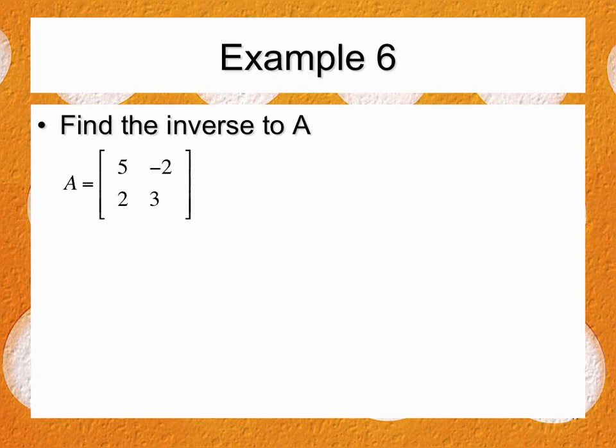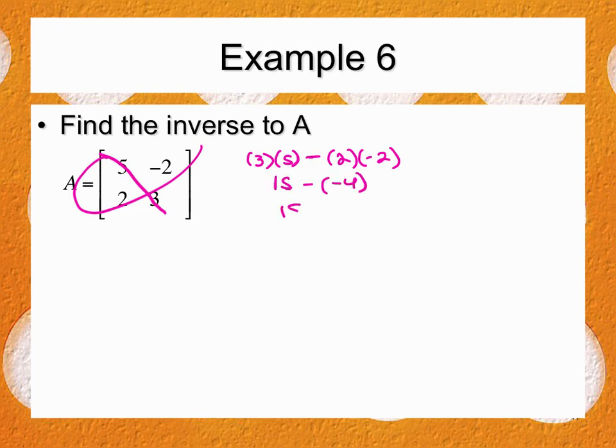All right, so I start with the determinant. I do 5 times 3, or 3 times 5, minus, bring it back around, 2 times -2. And I get 15 minus a -4, which is 15 plus 4, or 19. That's called the determinant. I do 1 over that